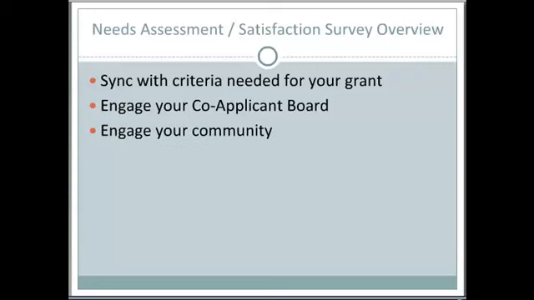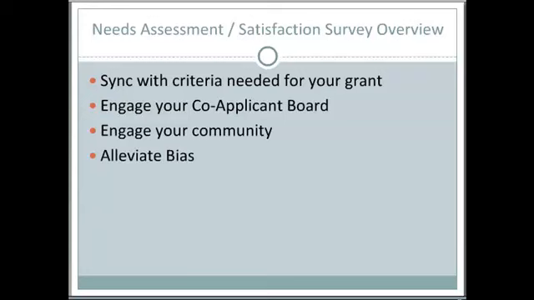Engage your community. We work closely with the community, so most of the time the community is using the results from our survey. Just recently, one group, the Health Committee with Sacramento Steps Forward, used the results from our survey and was awarded a grant to help with a mental health outreach, more outreach workers on the street for mental health clients.